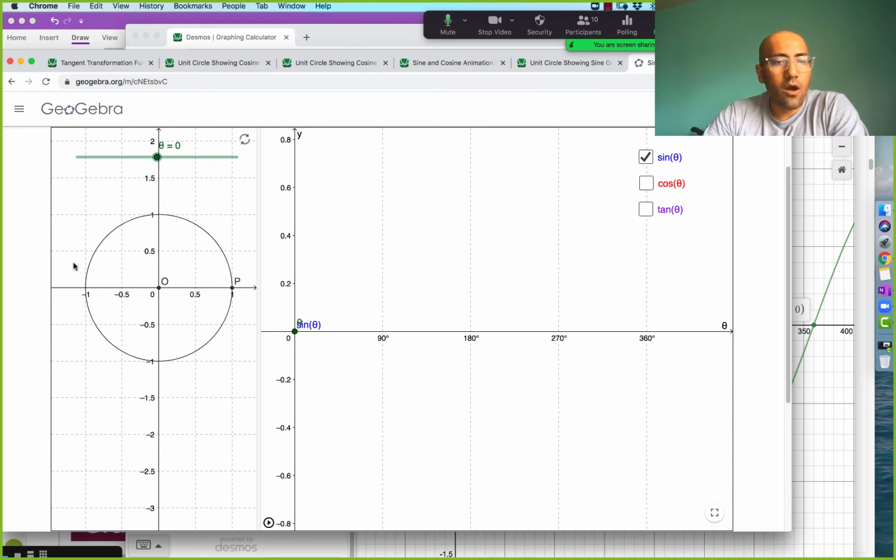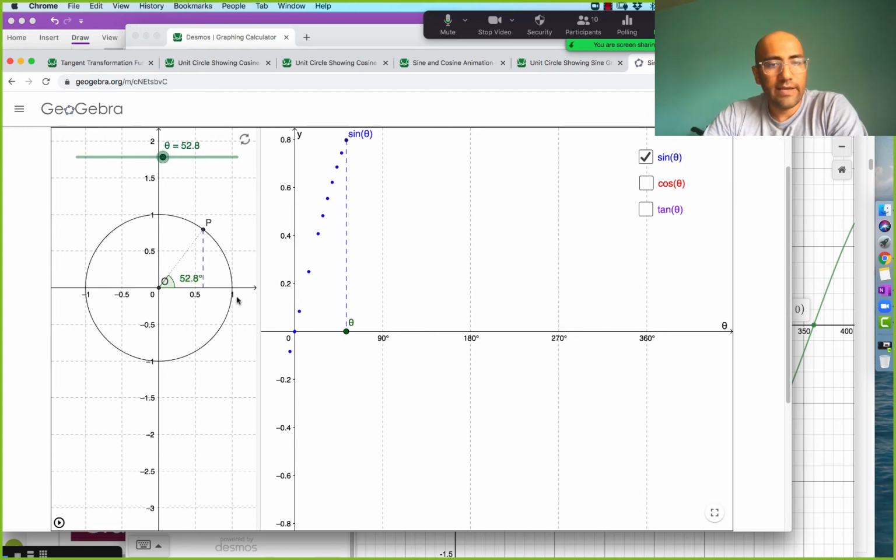Remember that we're working on the unit circle, and by chapter 5 definitions, we're really just looking at the ordered pair that happens to be on the unit circle, and then the y-coordinate is the sine function. So at this point, the y-coordinate is 0, right? This is the point 1, 0. So we get this point right there at 0. Now, as we increase that angle a little bit and go this way,